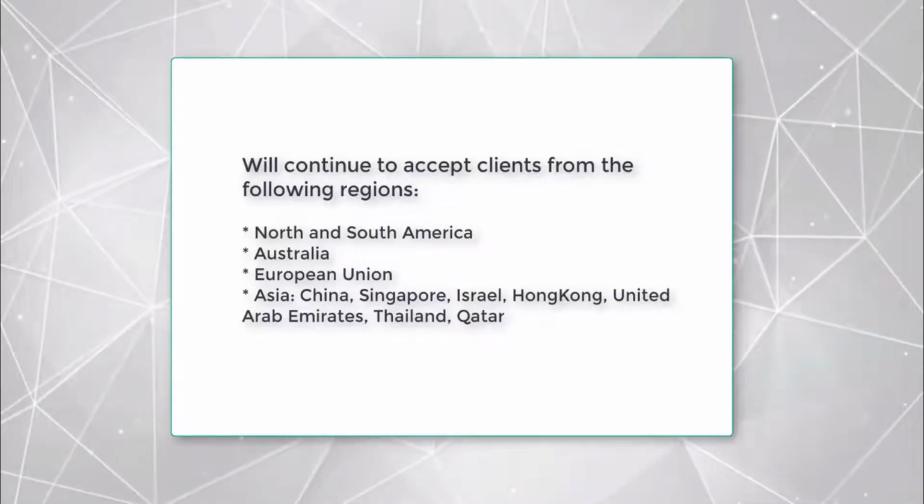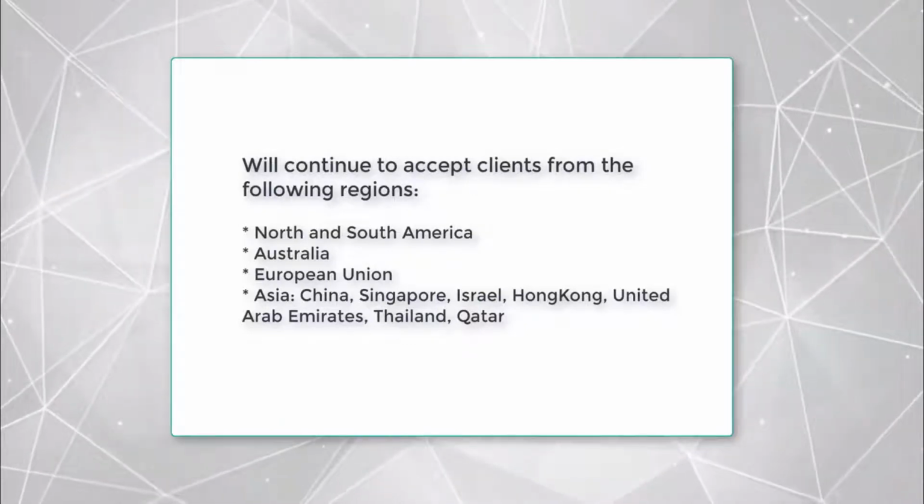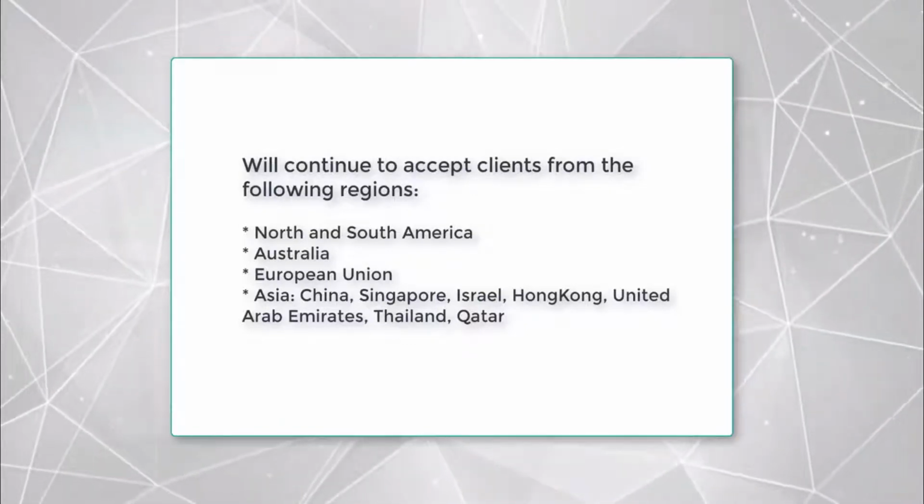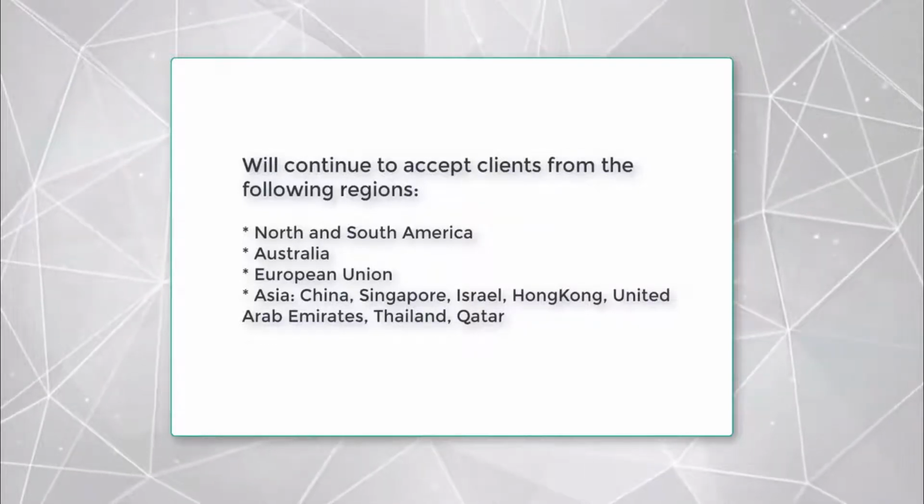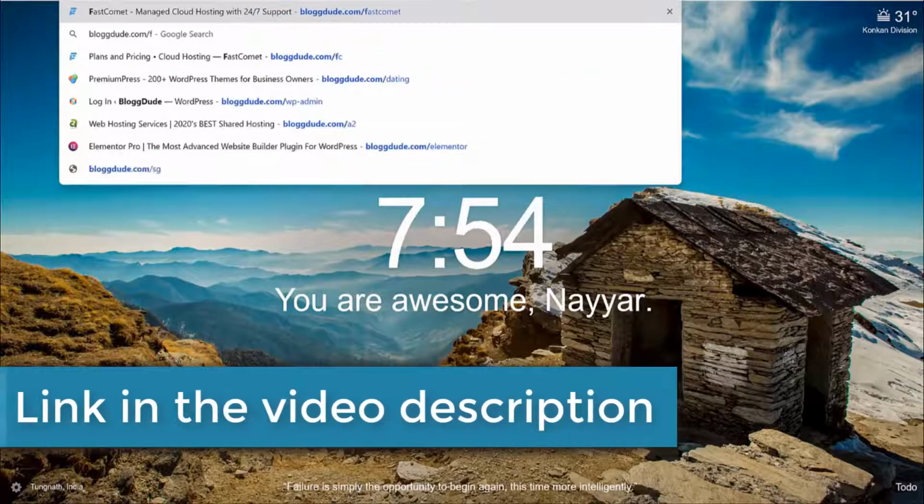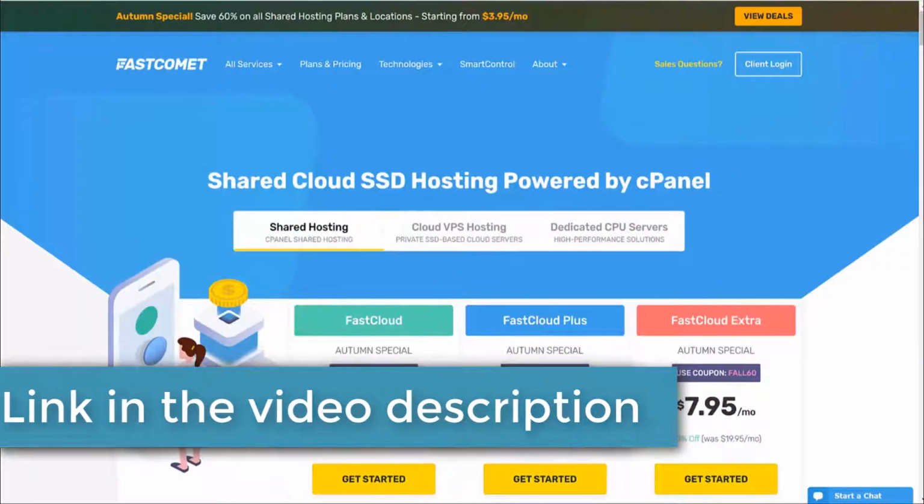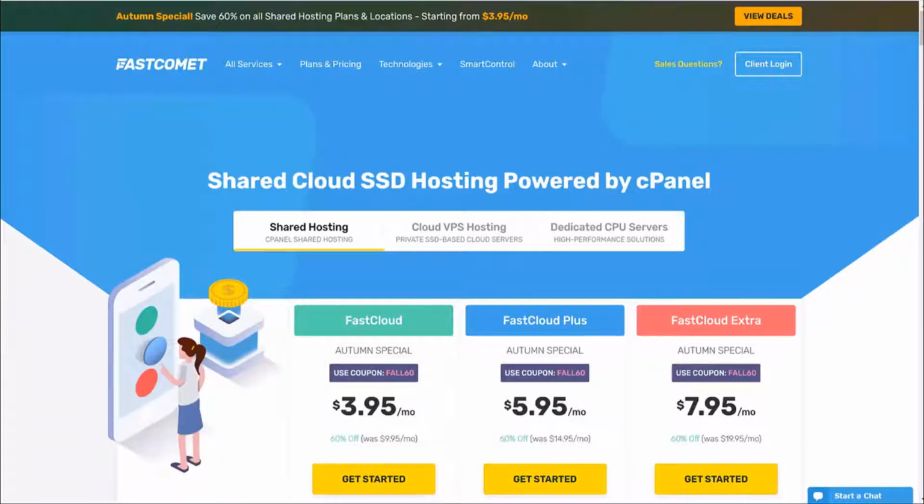Now for most of the countries, if you're from a country which is not in this list, for example, if you're from India, Pakistan, Bangladesh, or any other African country, for you I'm recommending a different hosting provider. So you can again open a new tab and type in blogdude.com/FC. And FC stands for Fast Comet and this link is also given in the video description below. So again, you don't even have to type in this thing, simply click on that link and you should be